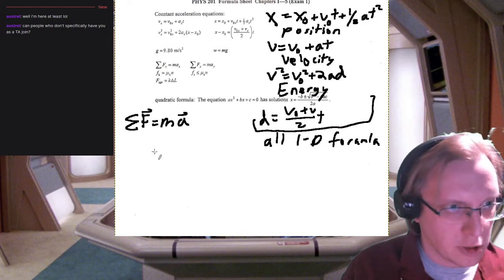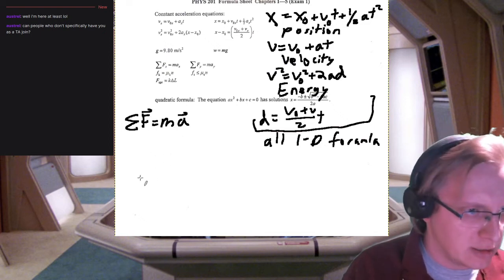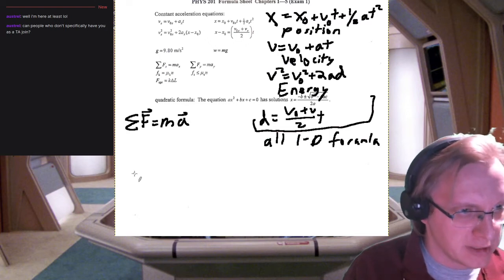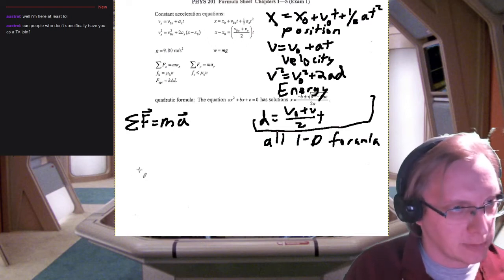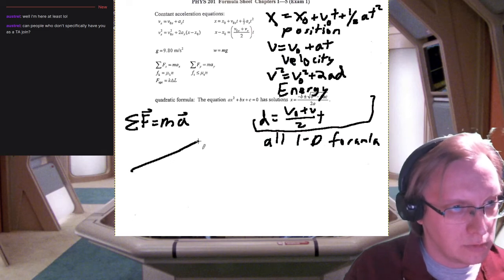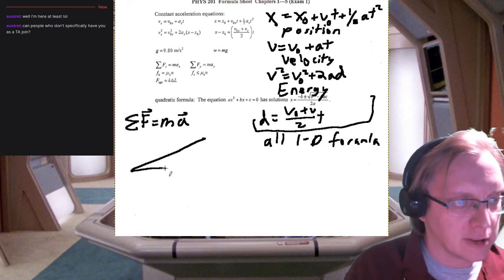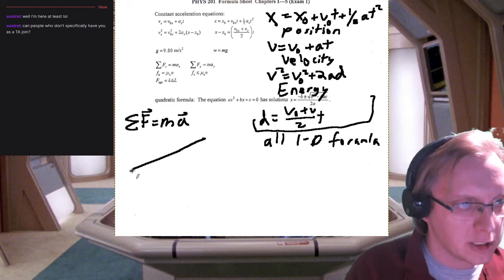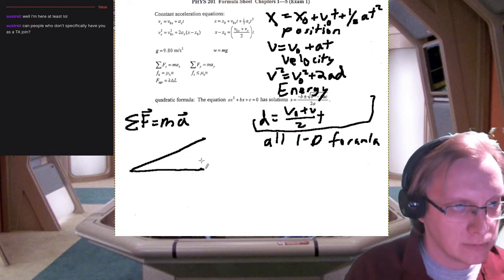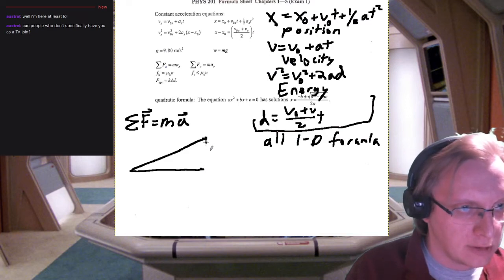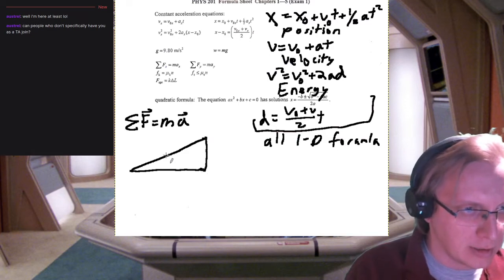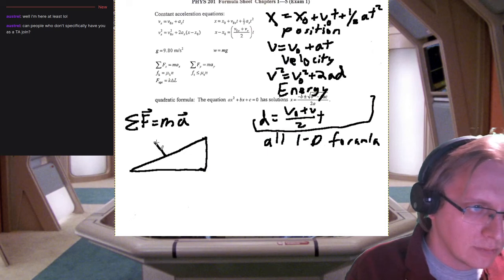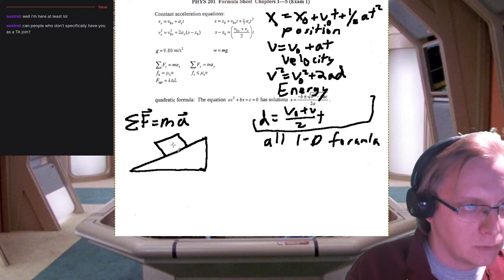So this whole thing here is all about making sure that you sum the forces such that you have your perpendiculars with your perpendiculars and your parallels with your parallels. So if we have some block on a slope, we can have gravity